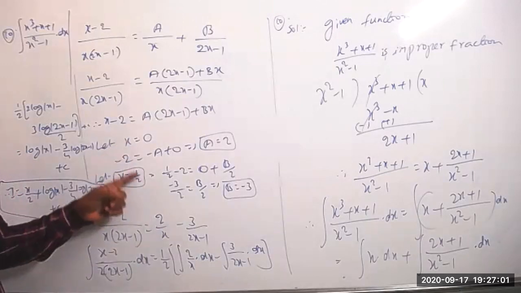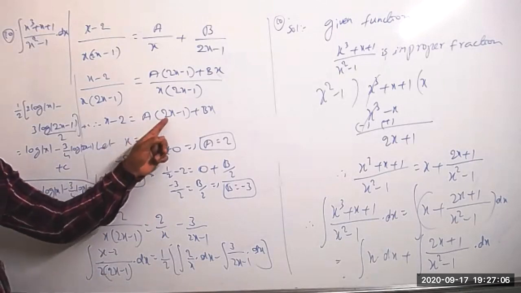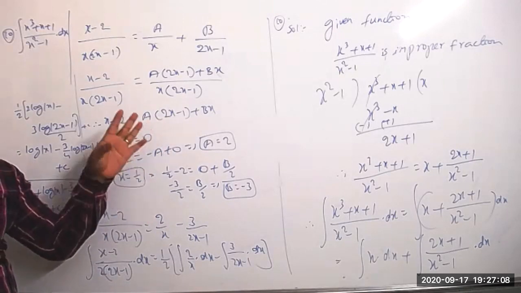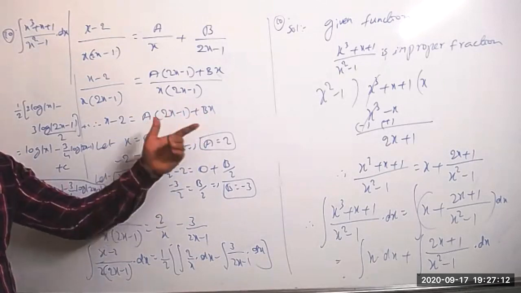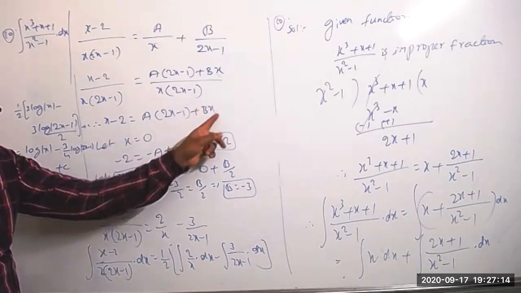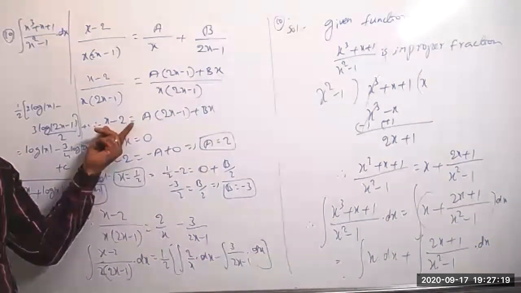Finding the values of a and b is very easy. So all of you, don't multiply and compare both sides. Don't do like that. You will get confused. Directly I'm taking, suppose x equal to 0, as in the previous question, x equal to 0 means anything multiplied by 0 is 0. So b will become 0 only. Now directly I'll get the value of a.